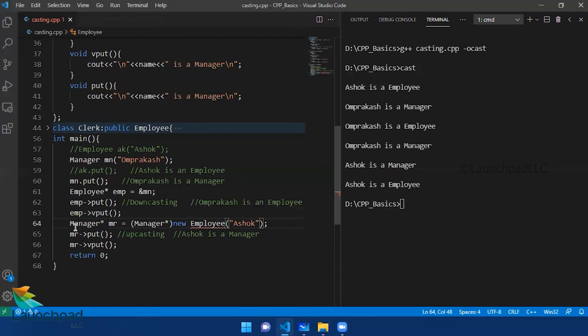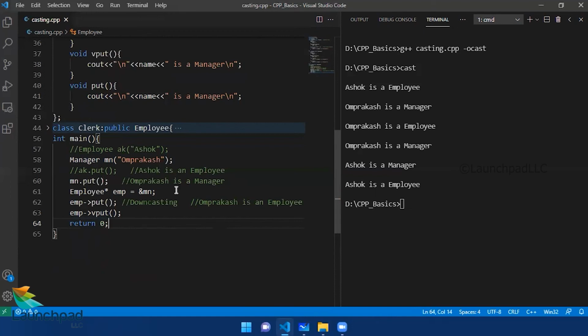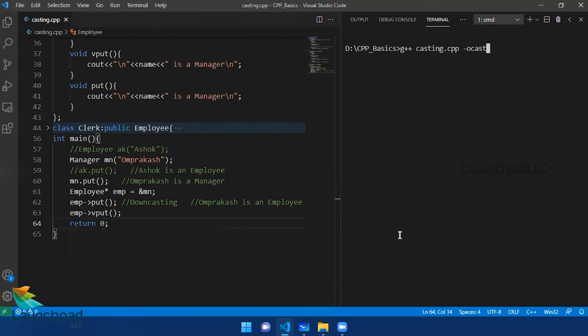So this typecasting is not allowed. I cannot create these lines as well, as you cannot create objects for the base class. Okay, so I've deleted those lines, and when I compile and run this again,